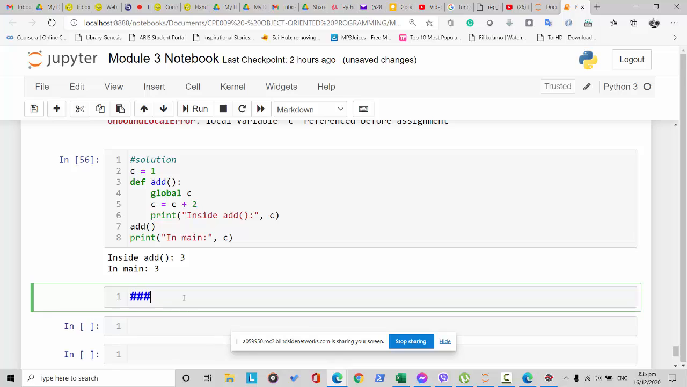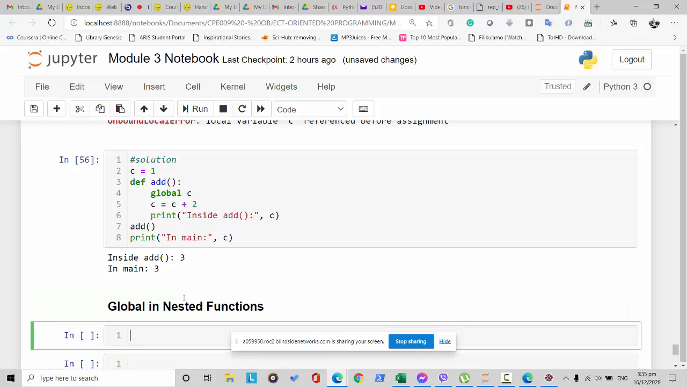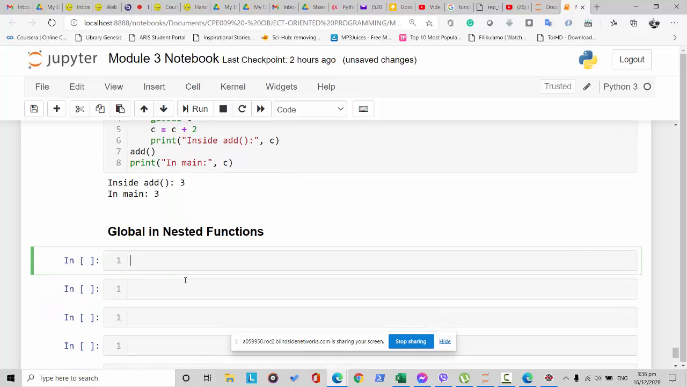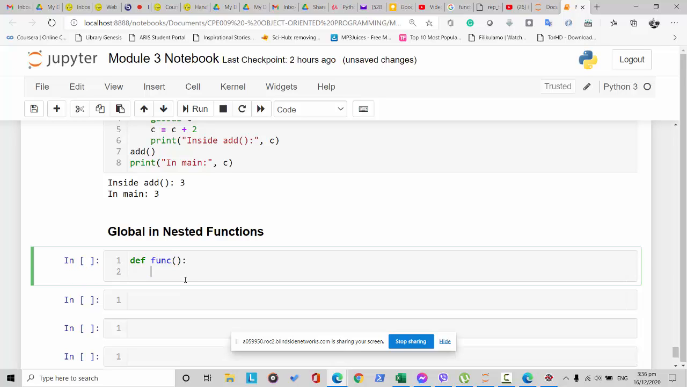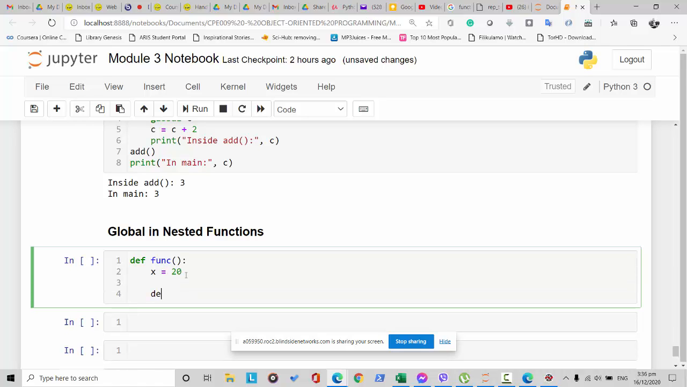Okay, so another topic that I want to discuss is about global in nested function. So this one is how we can use a global variable in a nested function. How do we do that? Let's have an example. Our example will be define function, and x is equal to 20, for example. This is a global, and then we have an inner